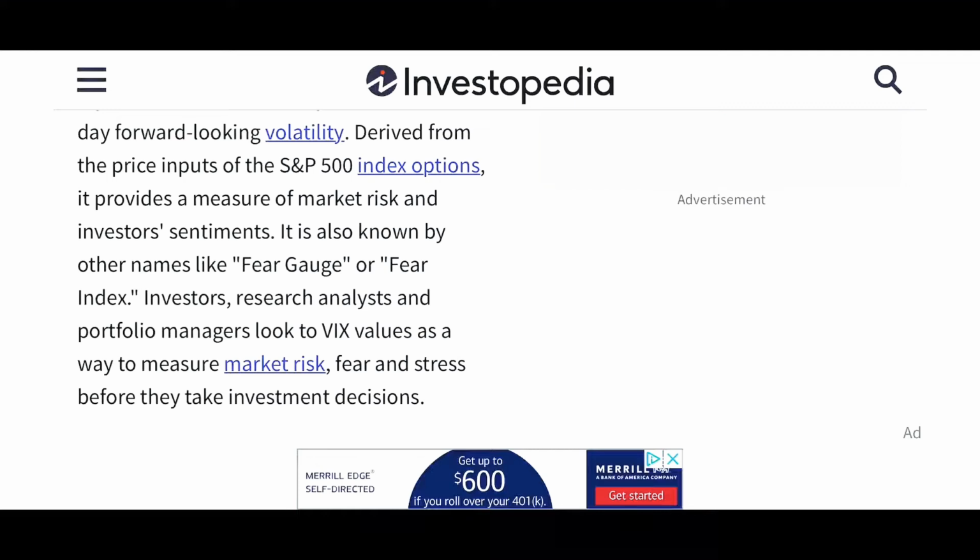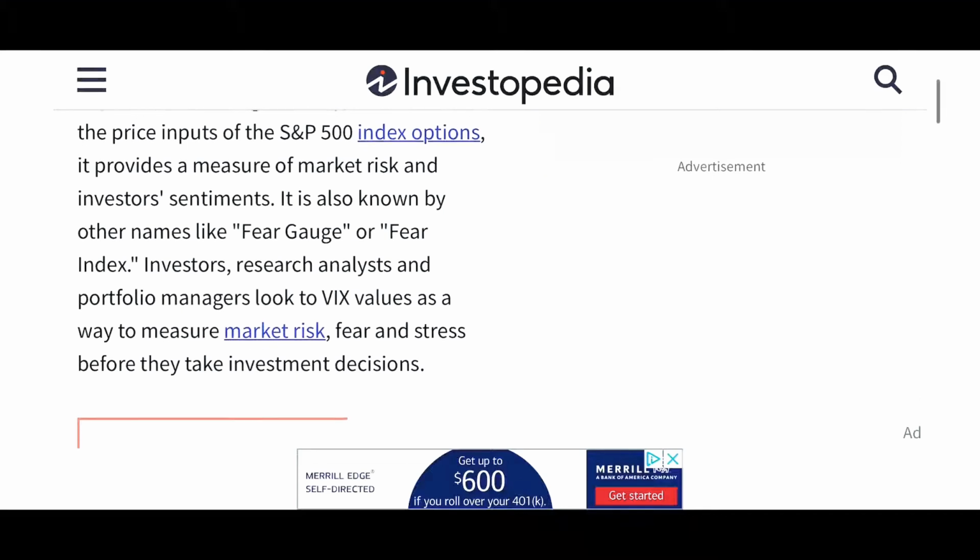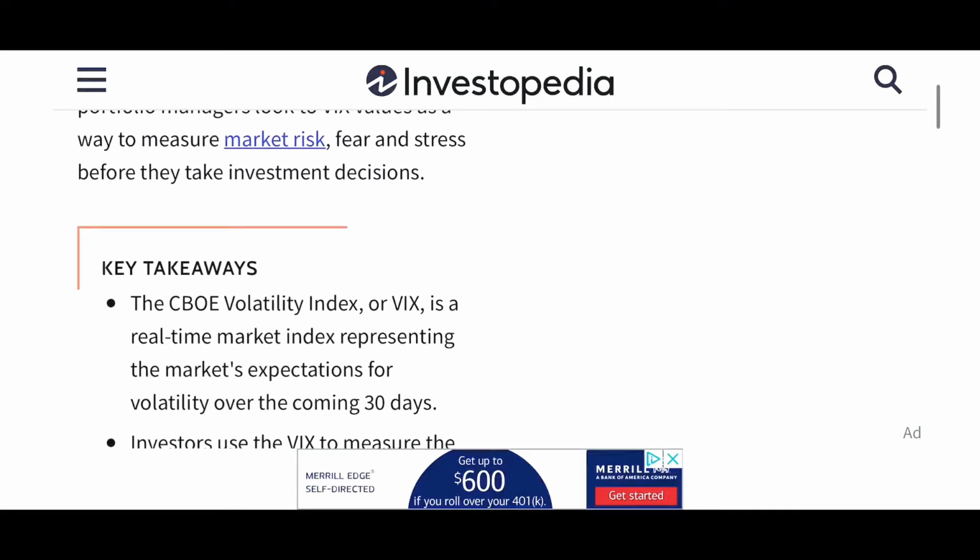It provides a measure of market risk and investor sentiment. It is also known by other names like fear gauge or fear index. Investors, research analysts, and portfolio managers look to the VIX value as a way to measure market risk, fears, and stress before they